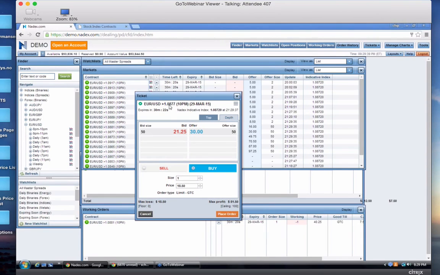8719. Here's the strike. He has to finish over it. The buyer wants it to finish over this strike, right? So his cost is 1850 to make 8150. The seller is just the reverse. These contracts are fully collateralized, so both parties combined equal the payout. The exchange essentially is the matching engine for the buyer and seller of the price.